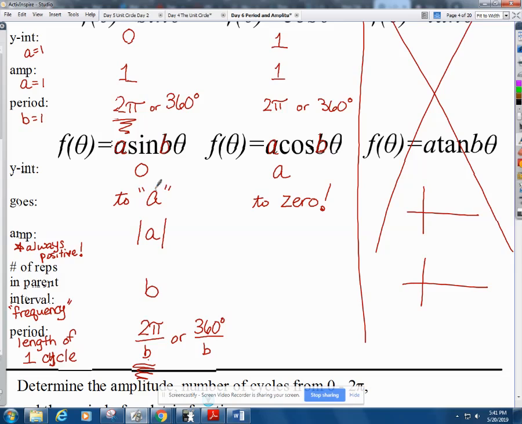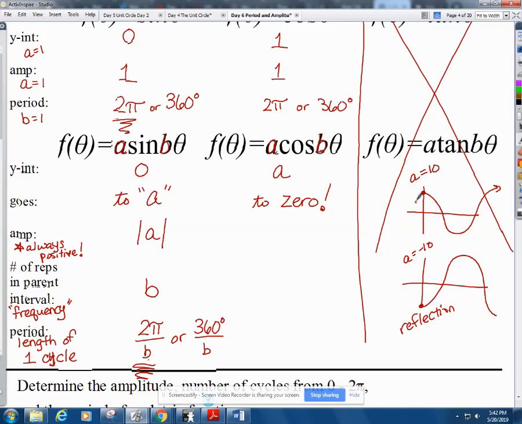So sine goes from 0 to A, cosine goes from A to 0. So if A is 10, for cosine, you'd go 10, and then your next point would be 0, and then negative 10, and like that. But if A equals negative 10, it's going to be the reflection. So you're going to start down here, and then go to 0, and then up, and then down. So this is essentially the reflection